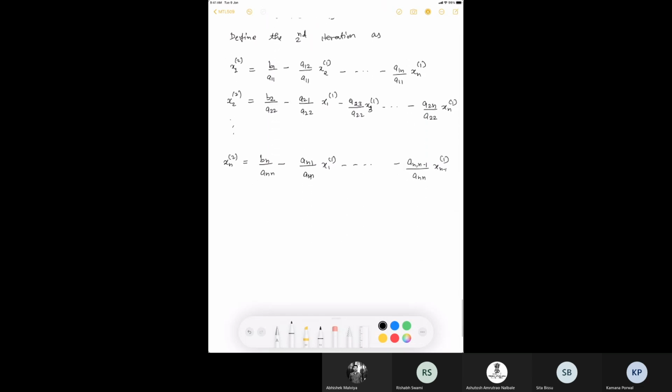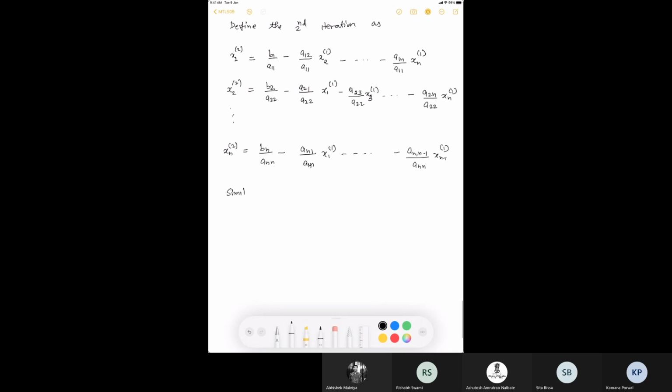So I'm going to write the general iterate now. Similarly, knowing the kth iteration, let's denote it by xk, which has the components x1k, x2k up to xnk. We can compute the k plus 1th iteration, which is given by,